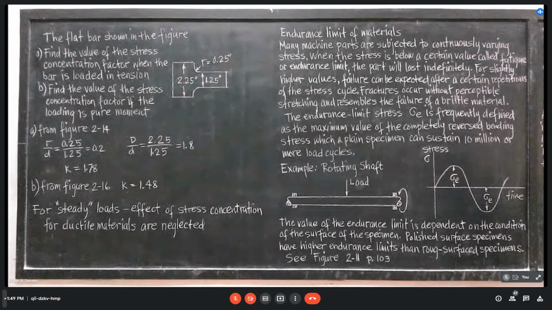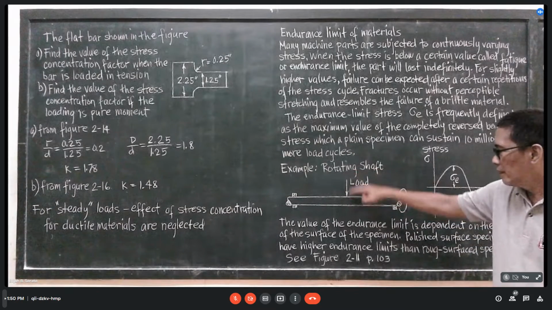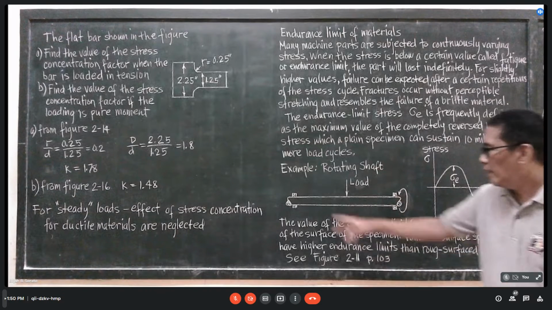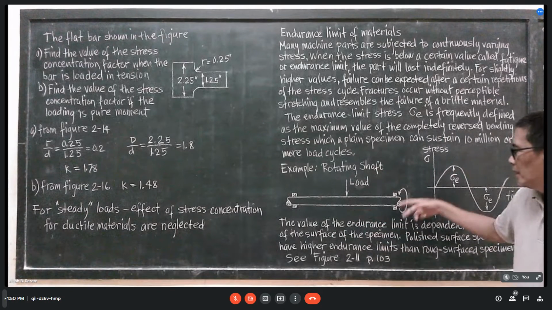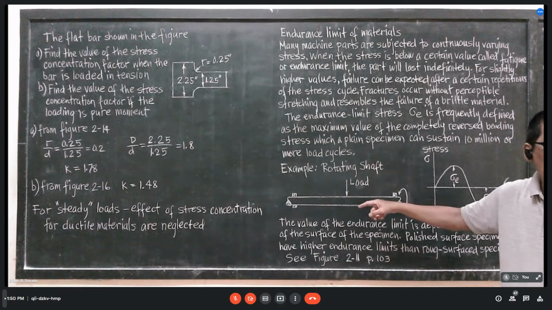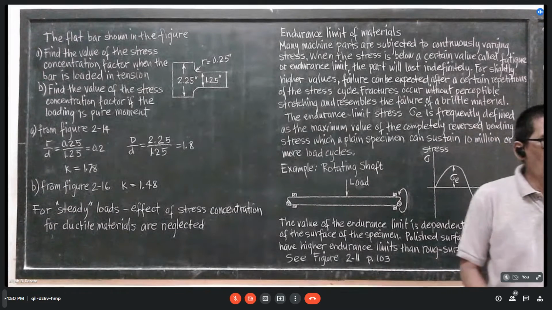Okay, and how is this done? How is this done? It is very difficult to keep on counting, no? Now, the setup here is you have a shaft. The load is, of course, a simply supported shaft. There are bearings here, and the load is on the middle. You try to rotate the shaft. What will happen to the